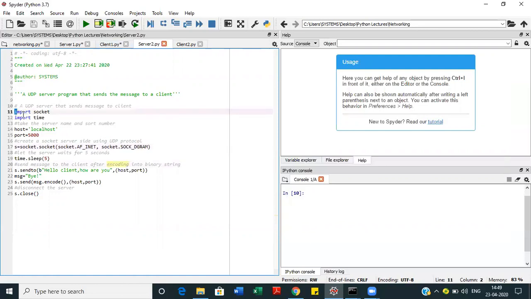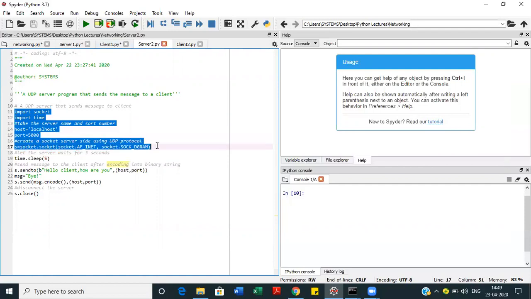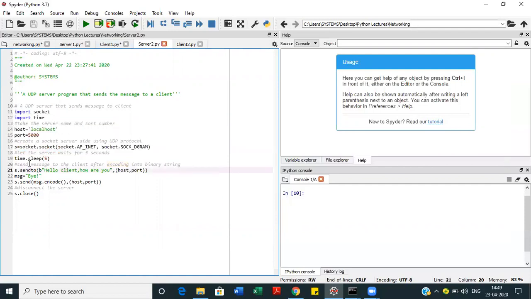In the same way, we have created the socket object for the server. Then here we are setting a timeout of 5 seconds. What it is doing here is making the server wait for 5 seconds before giving the response to the client. Now, instead of send, here we use sendto with the message, and then finally encode. In the same way the program flow will go. This is the coding at the UDP server end.